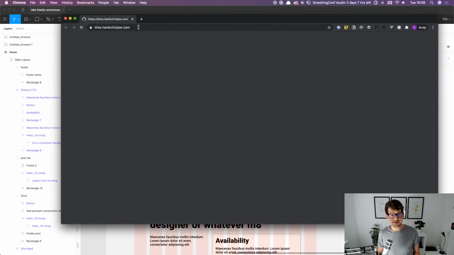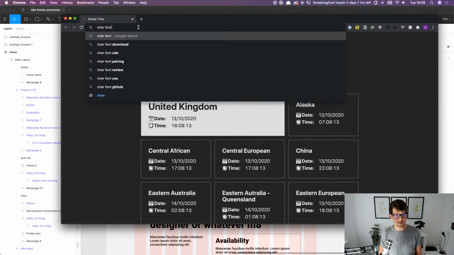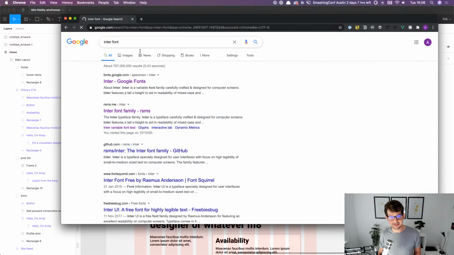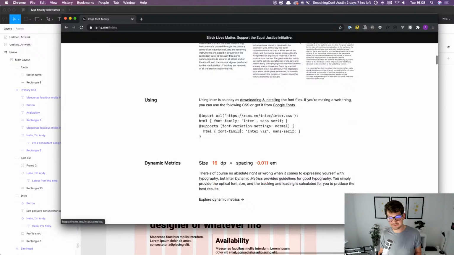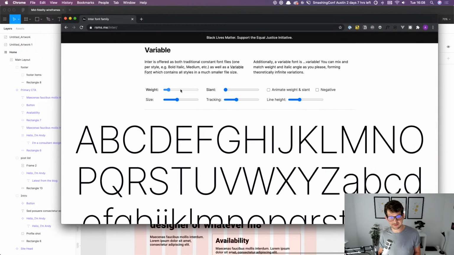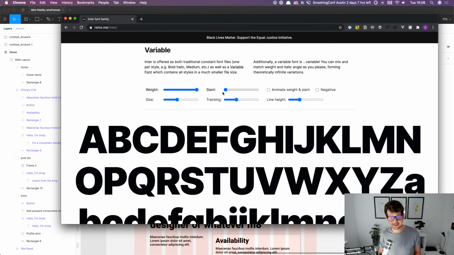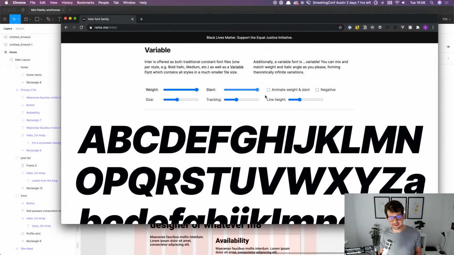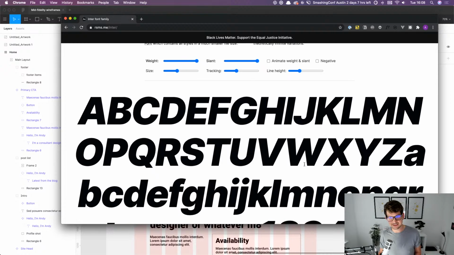Let's just get it back open again. Inter font. I'm actually rolling it out onto a client site at the moment, and the variable font is just outrageously good. So I'm thinking I'm going to use this. I absolutely love that. Full weight, full slant, 900 weight, full slant is just